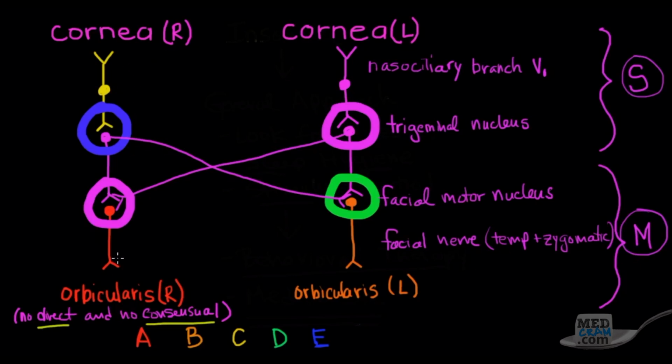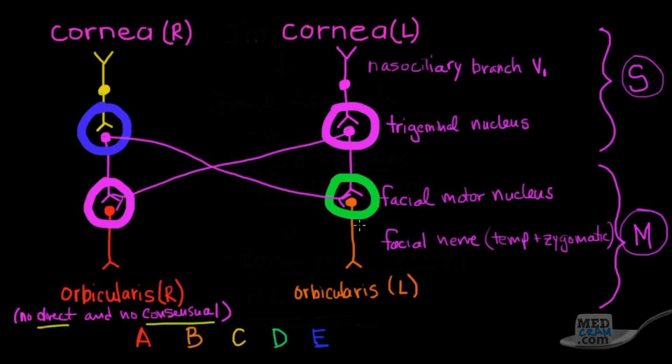So in other words, if we're looking specifically at the orbicularis on the right, which remember has no direct or consensual response, that means that we're stimulating the right side and it's not contracting, and we're stimulating the left side and it's not contracting. So already you can see here that because there's a crossover, there's a dichotomy that's been set up. If both eyes act the same, regardless of which side you're putting it on, then there has to be something wrong in the sensory area. The sensory area meaning that there's a problem here or here or here or here. If, on the other hand, one eye always seems to work or one eye always doesn't seem to work, that's got to be in the motor section.